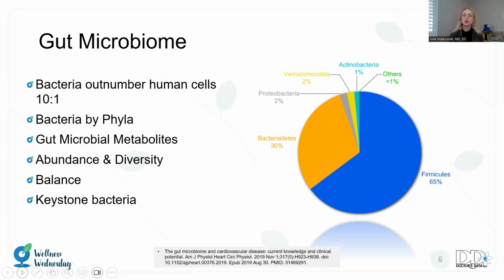We could also look at bacteria by abundance and diversity. We can also look at specific key bacteria, such as Lactobacillus or Akkermansia muciniphila, because we know that these keystone bacteria significantly influence colonic health. And then we could also look at the bacteria regarding their metabolites, such as short-chain fatty acids. We will do that all today.